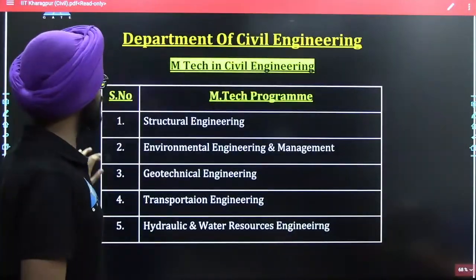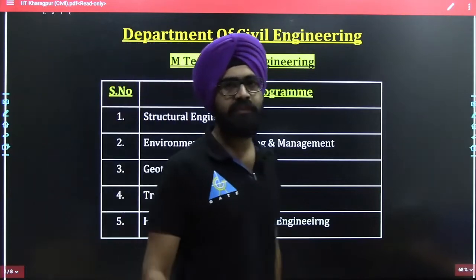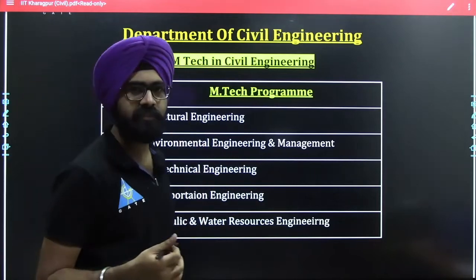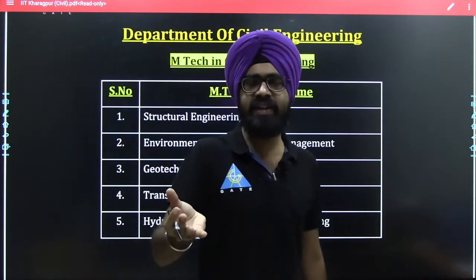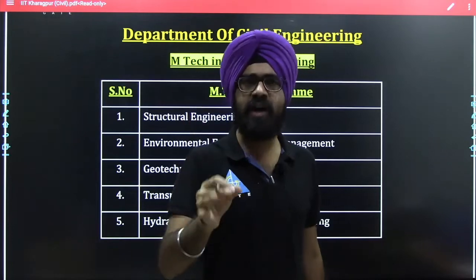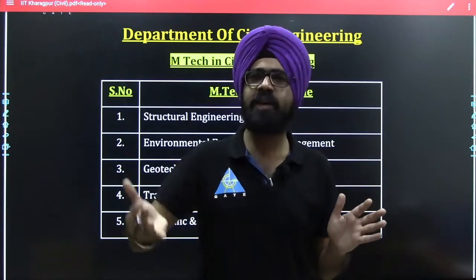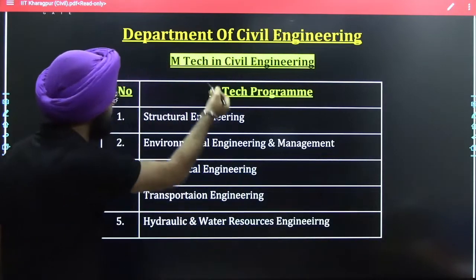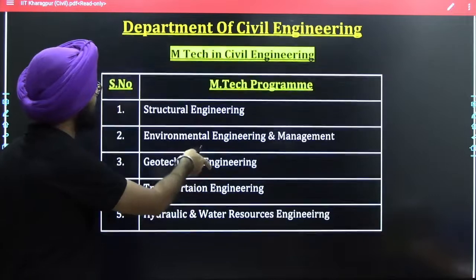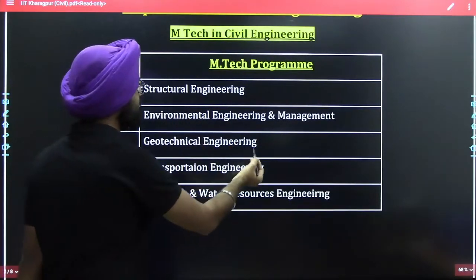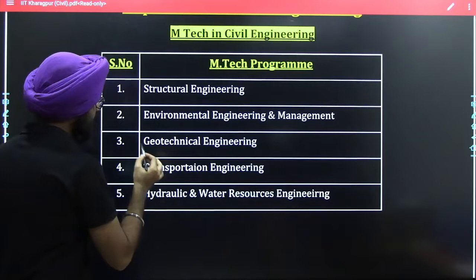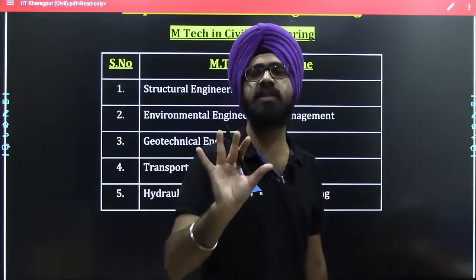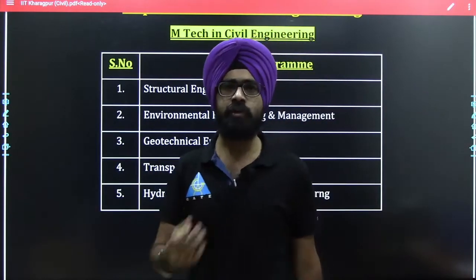So this discussion is purely for civil engineering students. For the Department of Civil Engineering, various MTech programs are there. Now you have a valid GATE score. Depending upon the cutoff marks in the past data, I will give you an idea of the minimum cutoff score required to apply for admission in these branches. The various branches are structural engineering, environmental engineering and management, geotech engineering, transportation engineering, and apart from this, hydraulic and water resource engineering. These are the core branches of civil engineering in which you can apply for MTech.